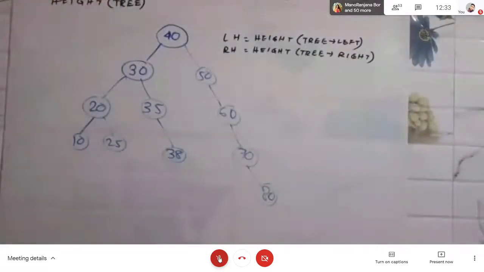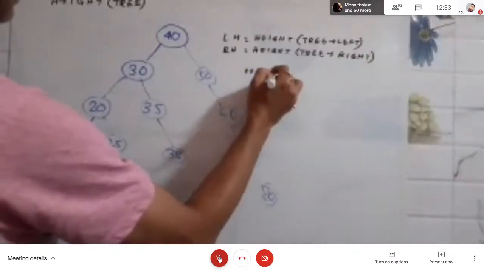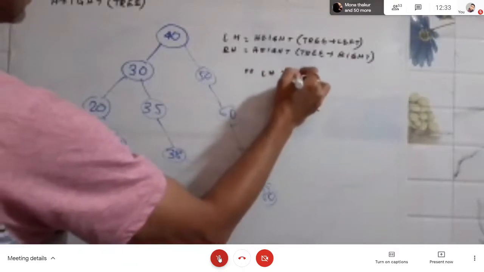These are two simple recursive calls, and then we are comparing that if left height is greater than right height,